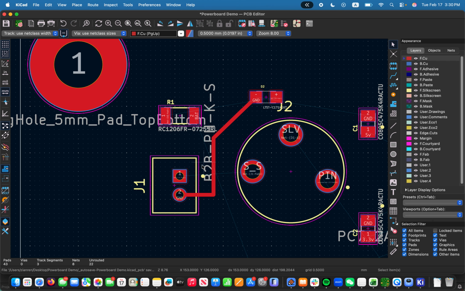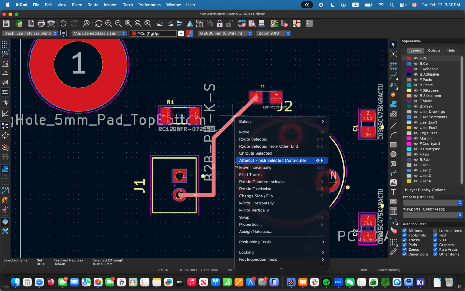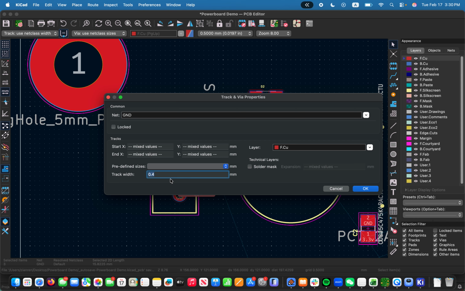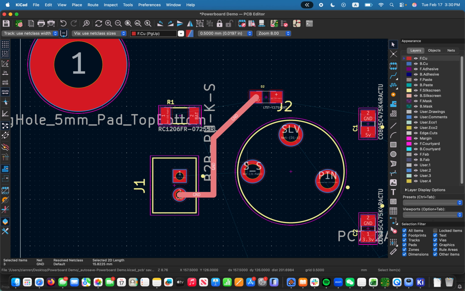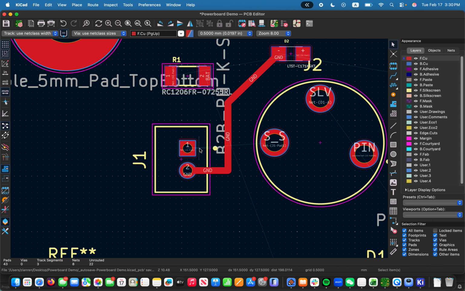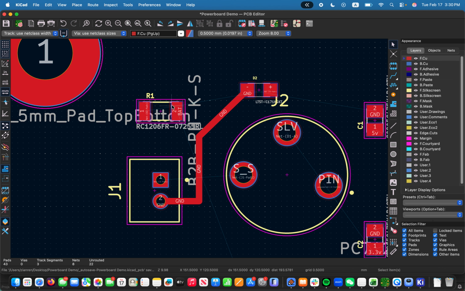Actually, those don't look wide enough for me. So I will just make them even wider. We will give you guys a quick reference guide of what all of your properties should look like for your final project. But just familiarize yourself with this. So I guess I'm practicing right now. So that is our ground,